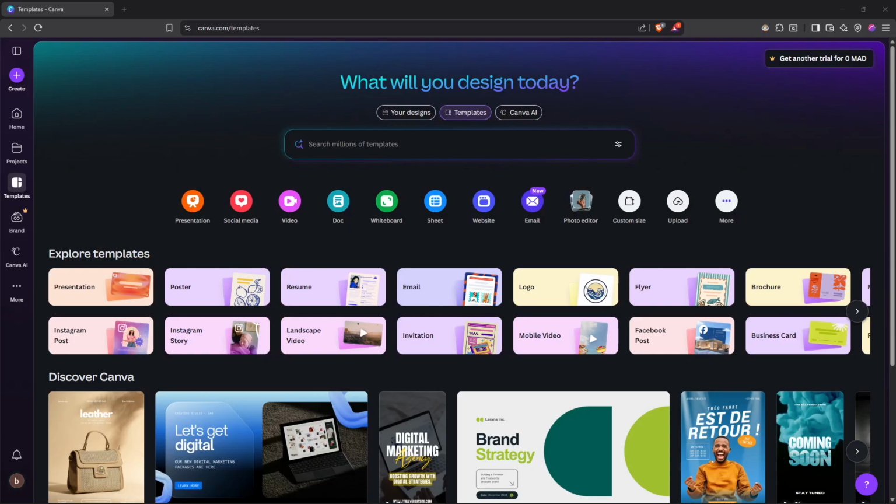Hi, in this video, I'm going to show you how to create a mockup in Canva step by step in 2026. This will let you place your design on products like t-shirts, phones, laptops, and even more. So first of all, you'd like to open any browser and make sure that you're logged in into a Canva